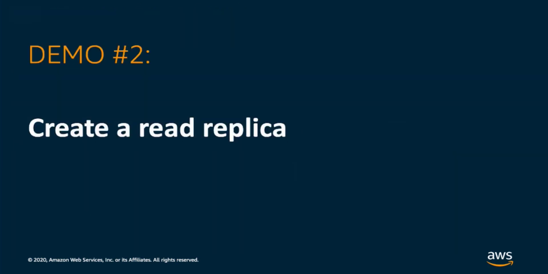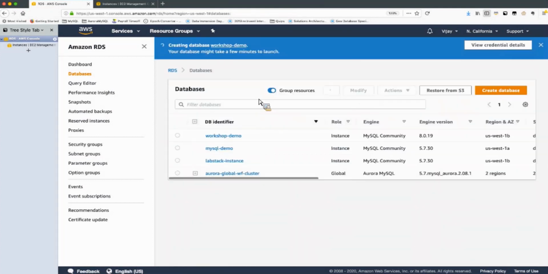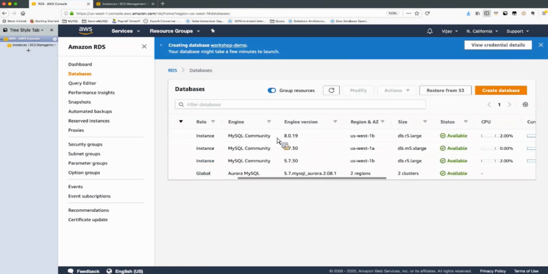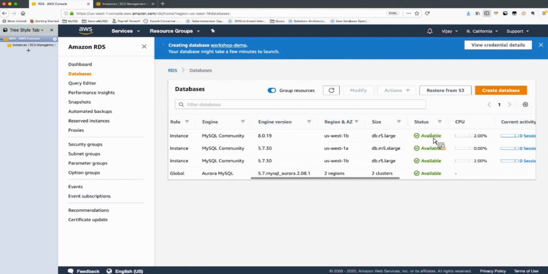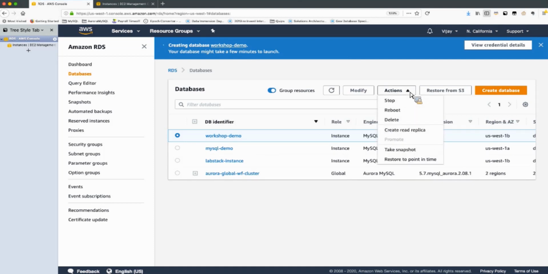So let me show you how to create a read replica in RDS MySQL. I hope my instance is available, so let's check. Yeah, this is in available state. Choose the RDS instance, the one we created, and in the actions,